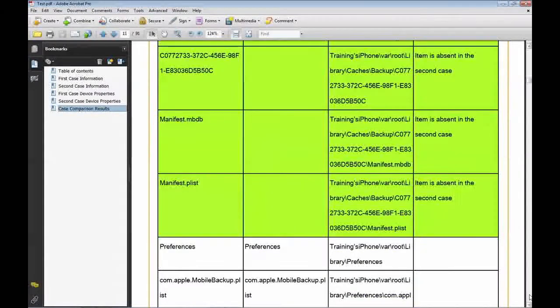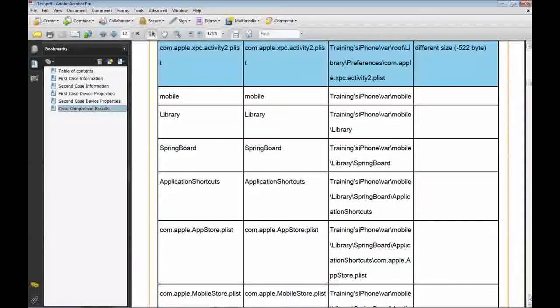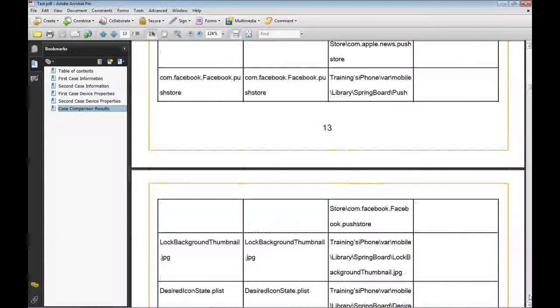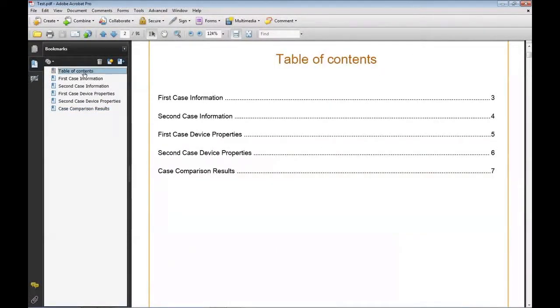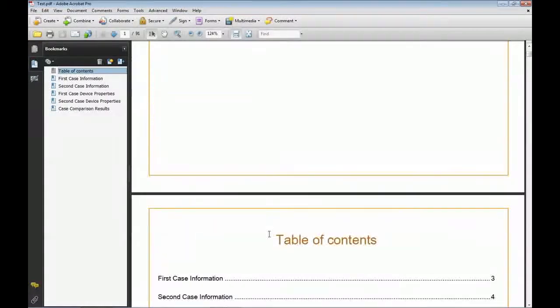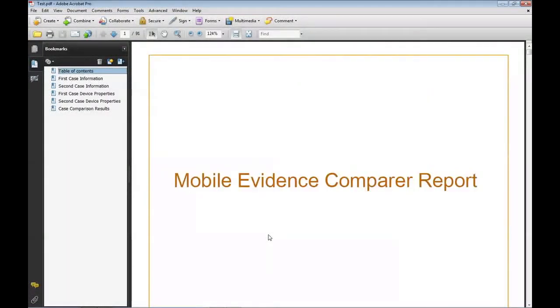You can go through and define what those colors are in the report. Obviously you see them much brighter here, so you're able to see when a file content has changed as opposed to a directory change associated with it. Either options, you see you have a lot of different choices when it comes to the case comparison options in Paraben's E3 platform. It's a very easy function to use, but a lot of people aren't noticing what an amazing tool it can be for you to validate your different cases and compare them with the other side. It's definitely a function that should become part of your